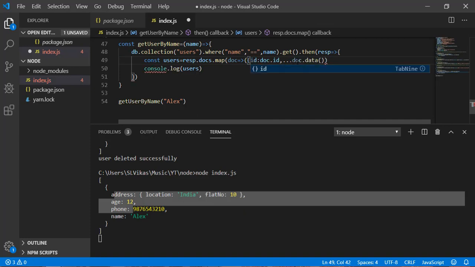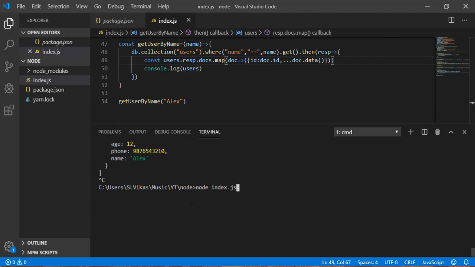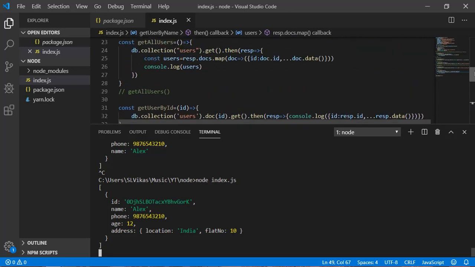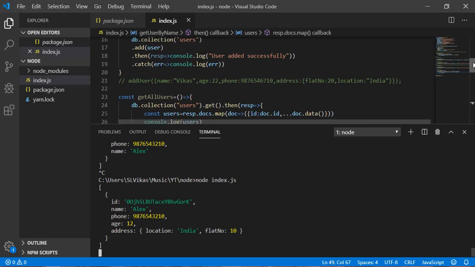Now I can write it like this. Once again let me execute this. With the ID I have this document. Now let me insert one more document with the same name, Alex.